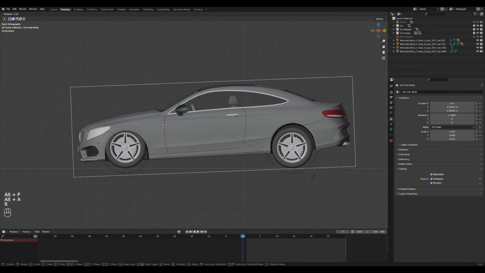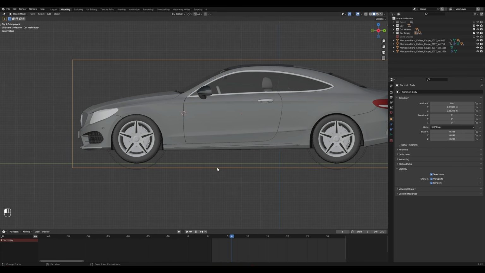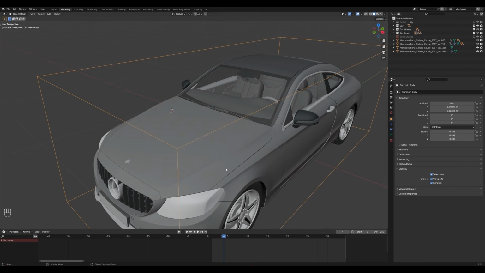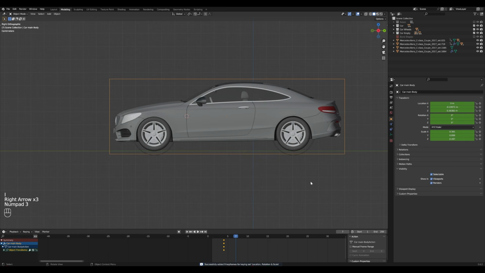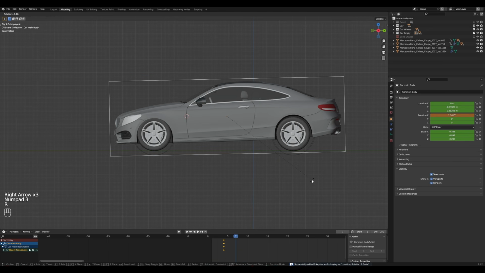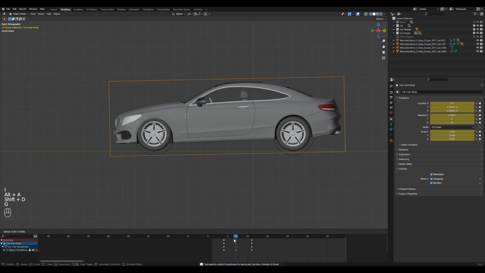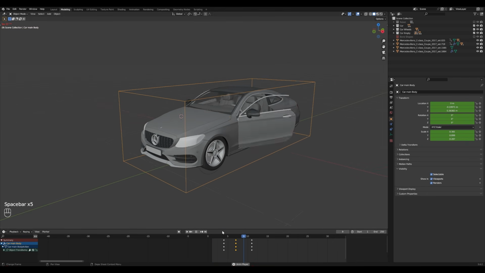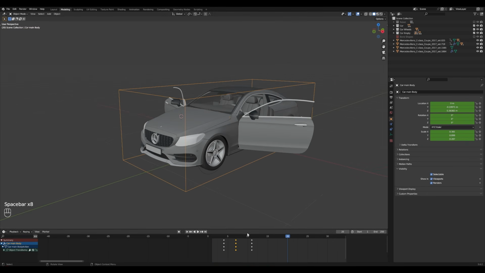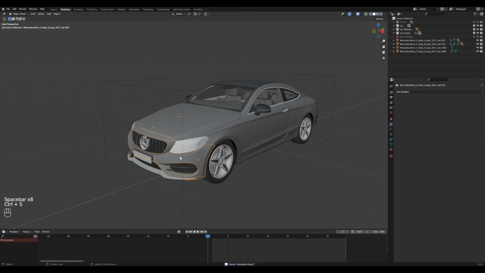So I will select the main empty and go to a frame before the door opens, frame number 4, and hit a keyframe here, and then about frame 7, just rotate the car a little and hit another keyframe here. Then copy the first keyframe because we need to get the rest position back. A little turbulence, a little shake, is happening before the transformation, which we need.